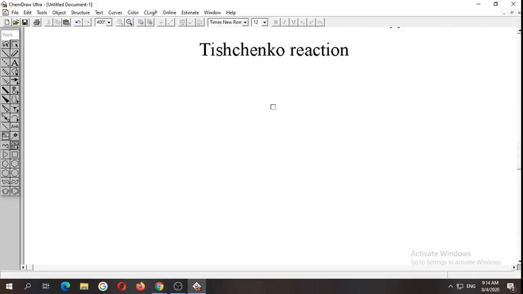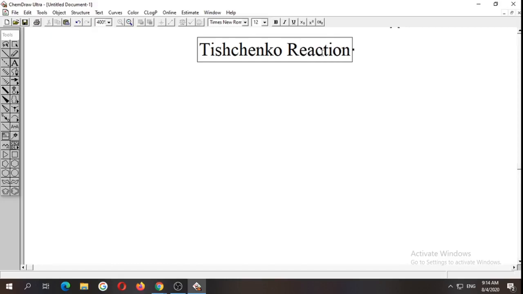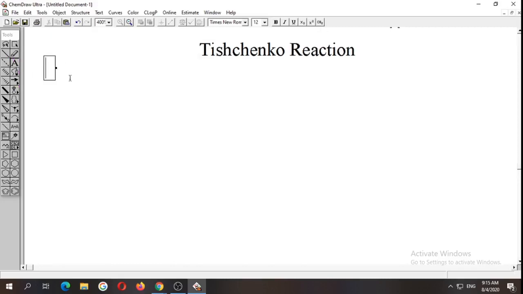But Tishchenko is the one. Tishchenko was working on aluminum alkoxide, and he happened to develop this reaction further. So the name Tishchenko reaction. But the first reaction was using another alkoxide, simply sodium alkoxide or potassium alkoxide. Alkali metal alkoxides can